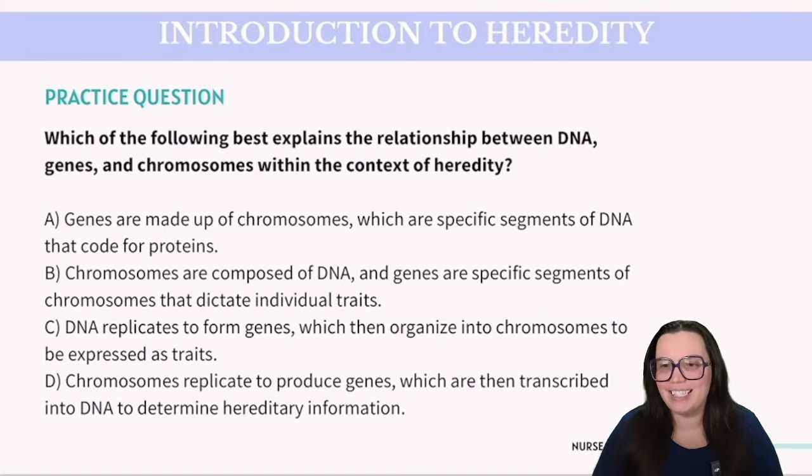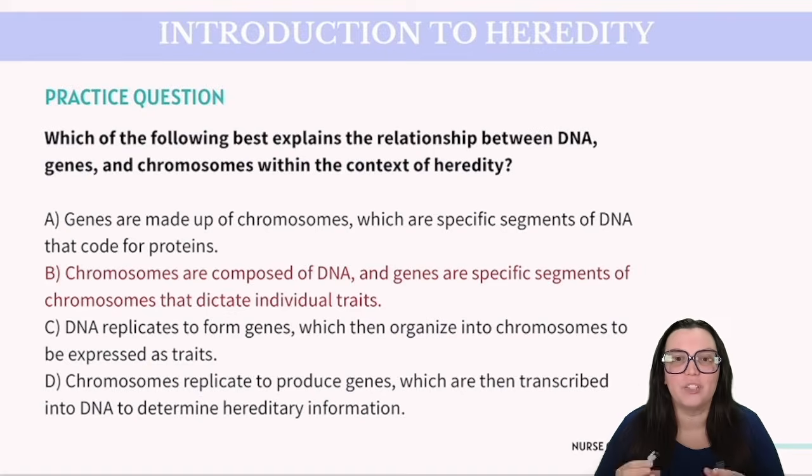Is it C, DNA replicates to form genes, which then organize into chromosomes to be expressed as traits? Or is it D, chromosomes replicate to produce genes, which are then transcribed into DNA to determine hereditary information? And the correct answer is B, chromosomes are composed of DNA and genes are specific segments of chromosomes that dictate